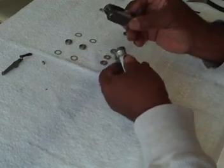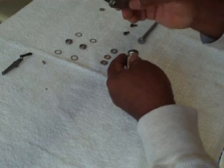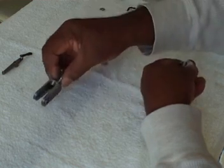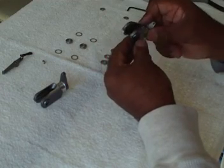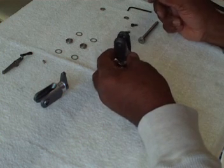There is a difference in the machining. This one here has a much better machining process done here. And this one here, I noticed there were some ripples on it. So anyway, what I ended up doing, I took and